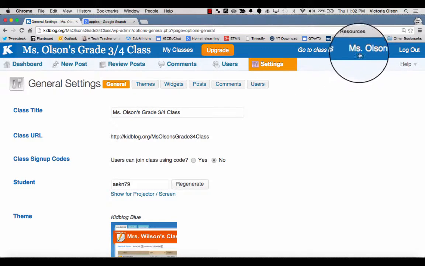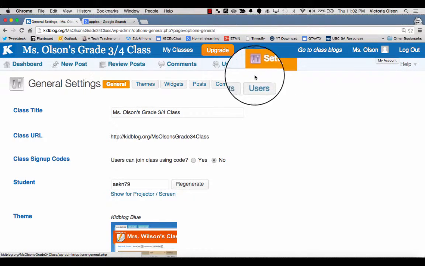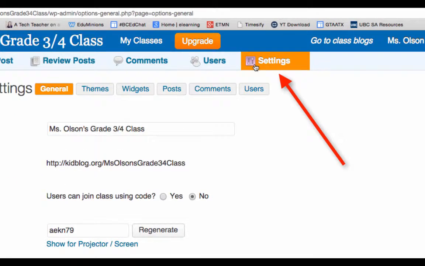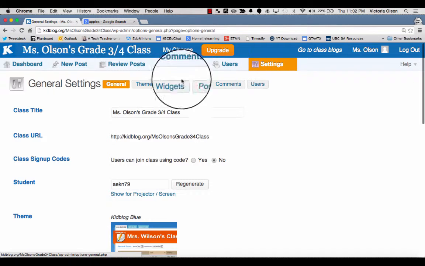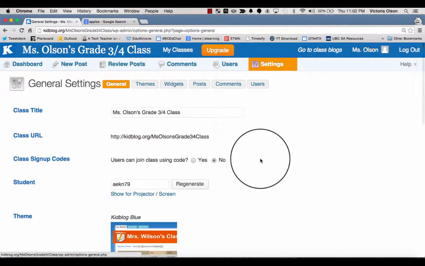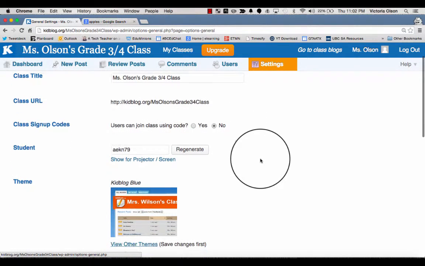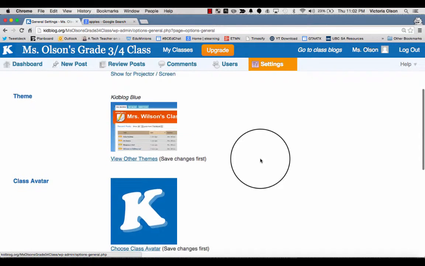So the first thing you're going to want to do is make sure you're signed into your account at the top right corner, and then you're going to click on the settings bar. When we click on the settings, we're going to just go through each of these today, and then I'll go through a couple things in comments and posts. So the first thing that we're going to do is just go through and make sure